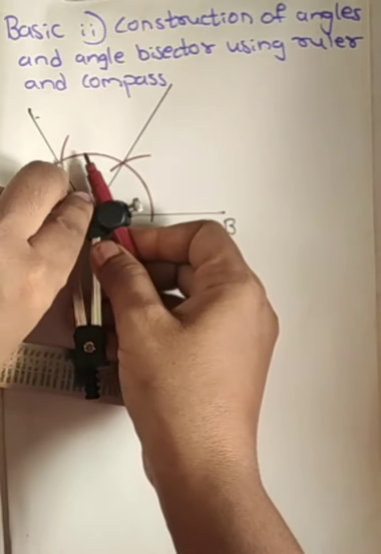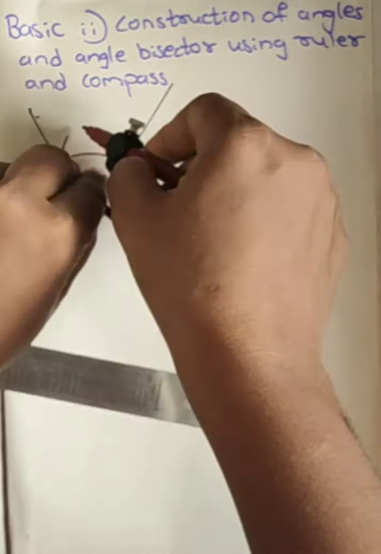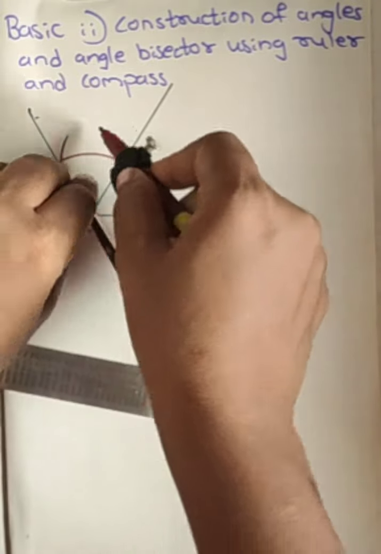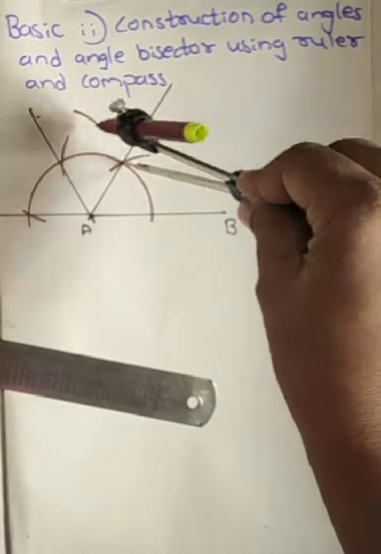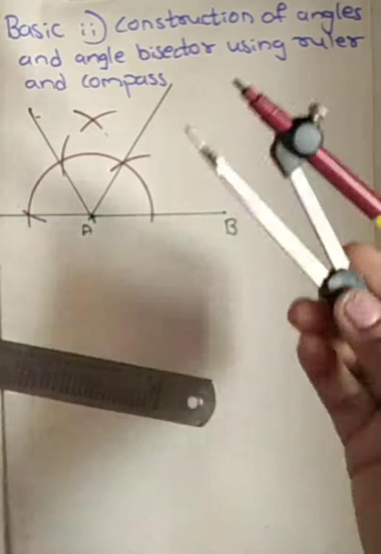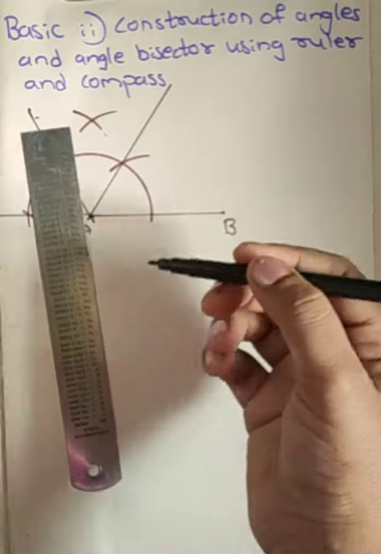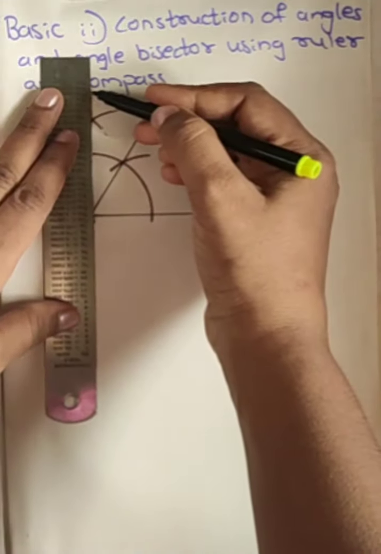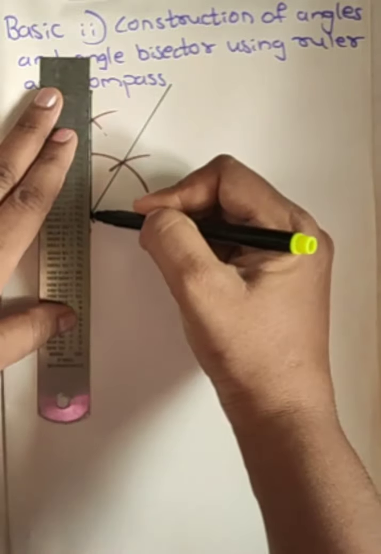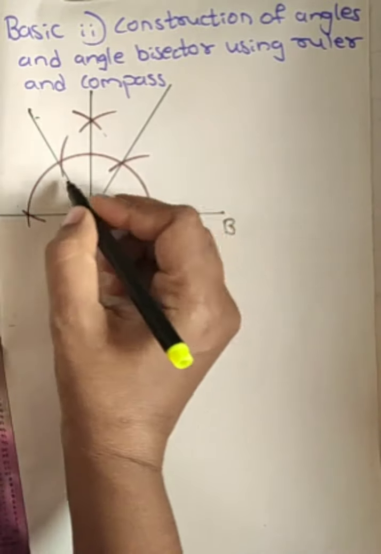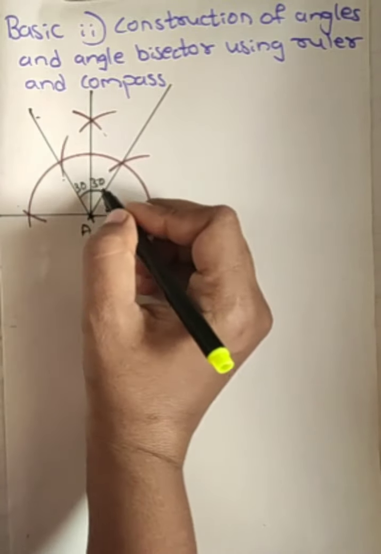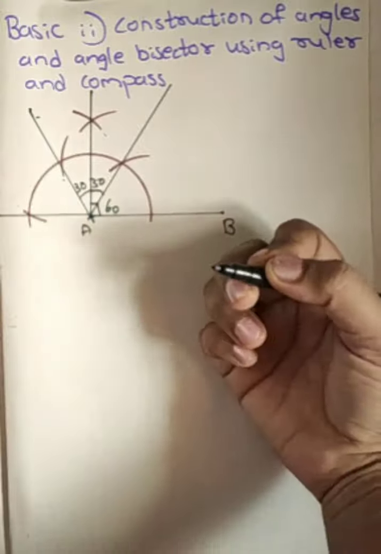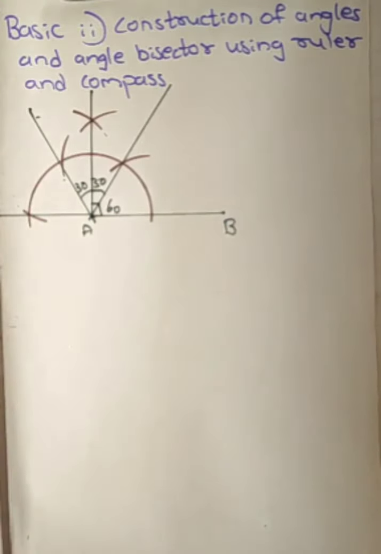So take this angle more than half. Draw one arc here. By keeping the compass point on the other side, take an intersection arc. Now join. You are getting 90 degree. So this is 60, and half of 60 means here 30, here 30. In 9th standard anyhow you have learnt, but again I repeat showing how to draw once again. You should practice this.